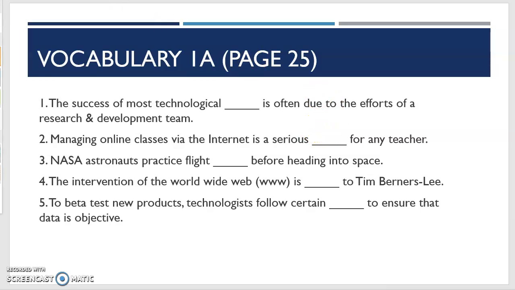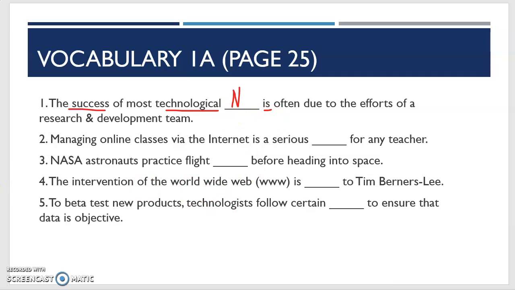So what are you going to use here in this blank? I see that I have an adjective, technical, and that tells me that I need a noun, right? I need the subject. Well, actually, here's my subject. The success of most technical something is, there's my verb, often due to. So we're getting a good long subject here. The success of most technological